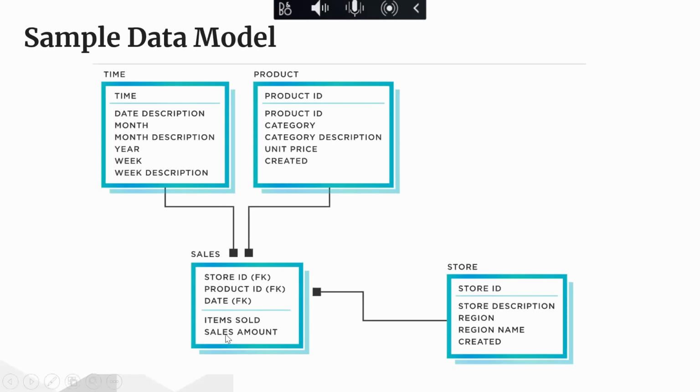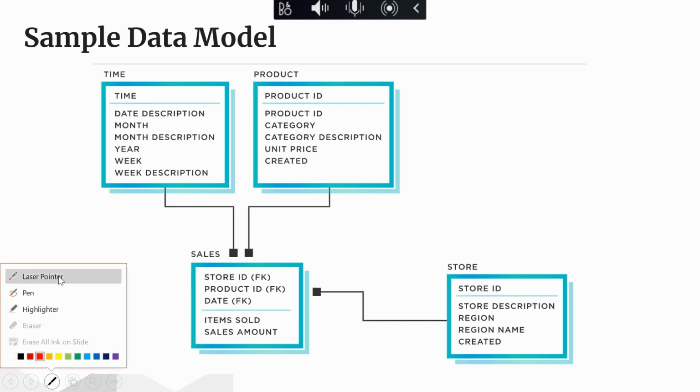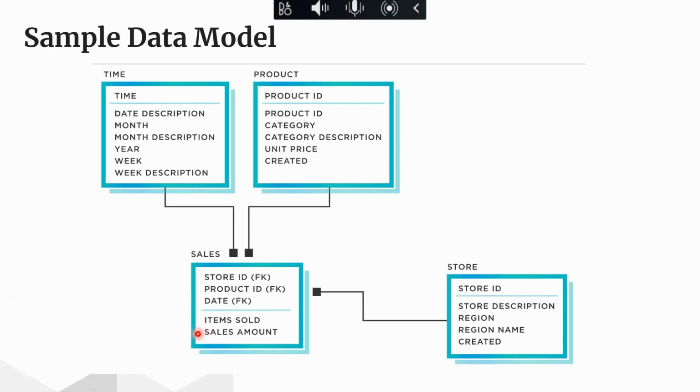Then from this table as well, we can aggregate it. We can get things like sum of amounts, right? You can sum your sales amount. You can sum the quantity of items sold. We don't have that kind of information here. We can't do that on all of this table.